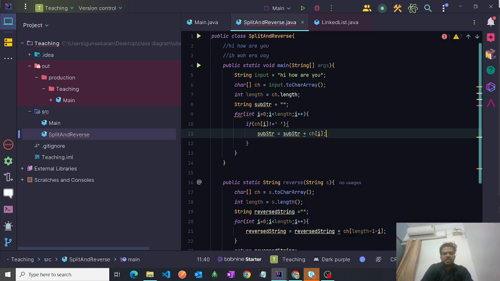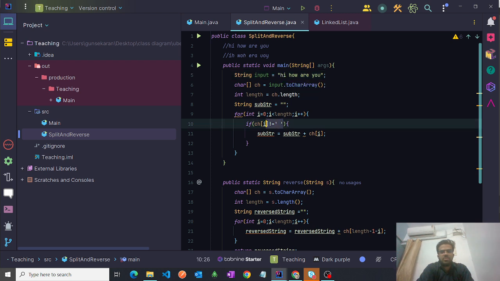We can add that character. Okay. So what we will have in the substring, we will have "hi". Because if it's equal to empty space, then it breaks actually here. So we have substring as "hi"